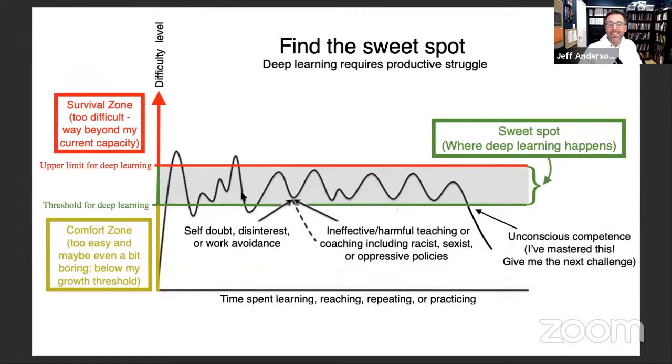Oh, you know what? I think this one's in my sweet spot. Oop, I think this is my survival. This is too hard, right? So that you can accurately assess the type of tasks that your teachers are asking you to do. Okay, so once we have this concept of comfort zone, sweet spot, and survival zone, I want to kind of